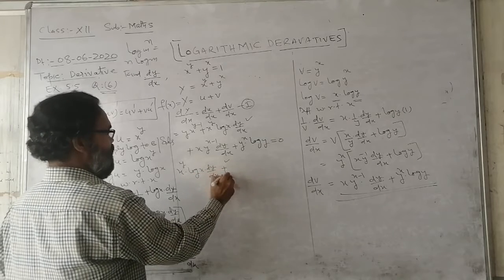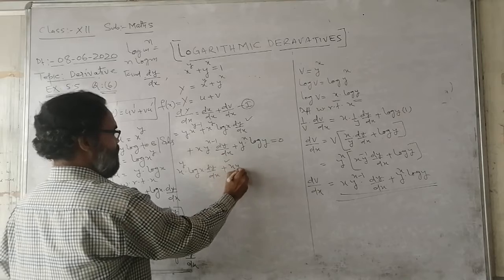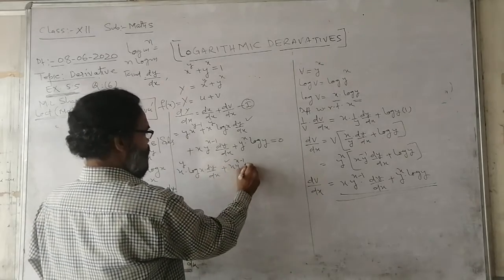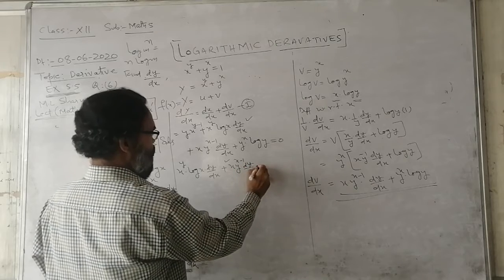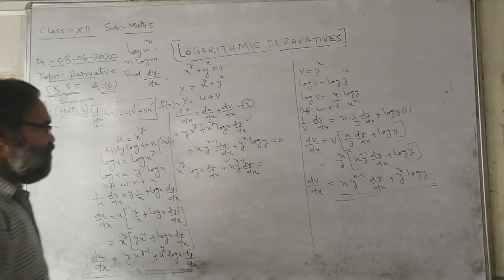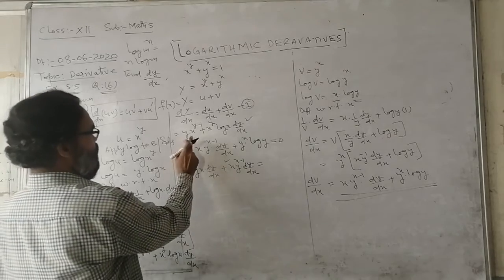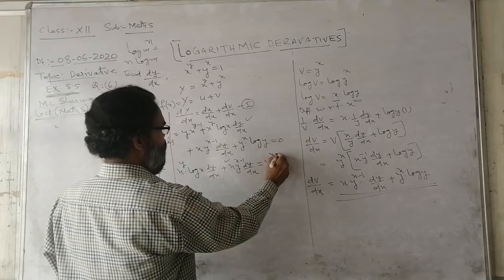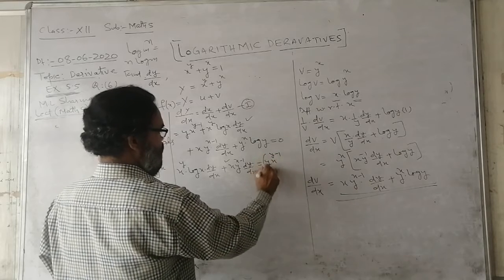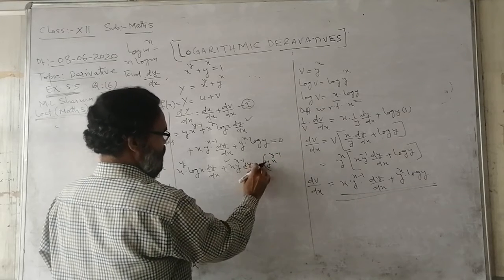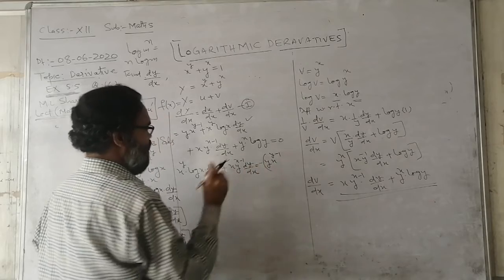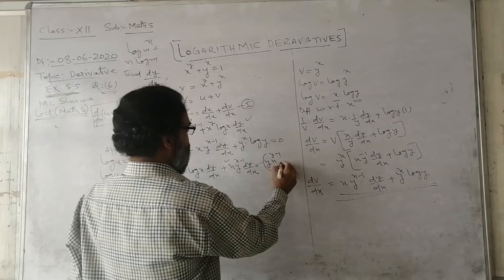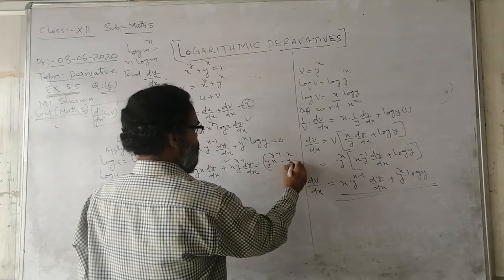This is the first term, and this is the second term, x y x minus 1 into dy upon dx, and these 2 terms, the remaining 2 terms, that is y x y minus 1, it is taken toward the other side, and this will be minus the first term, and the second term is this, so minus y x